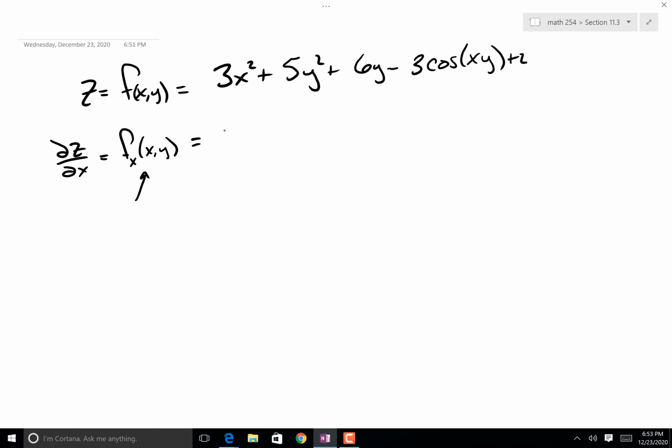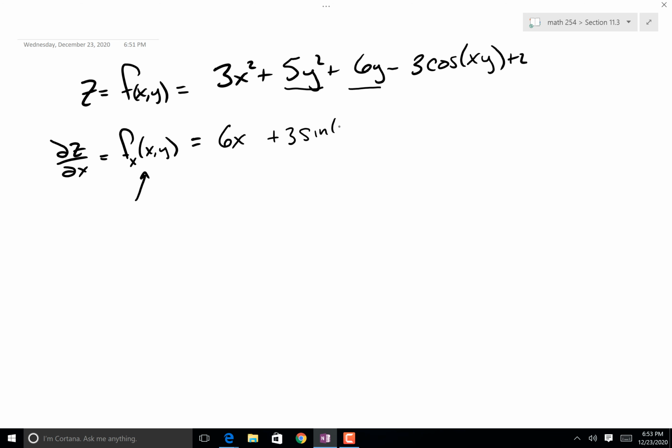So here it is. We're going to treat y as a constant. What's the derivative of 3x squared? It's 6x. What's the derivative of this constant? 0. What's the derivative of this constant? 0. Now, what is the derivative of minus 3 cosine x? Well, it's going to be plus 3,